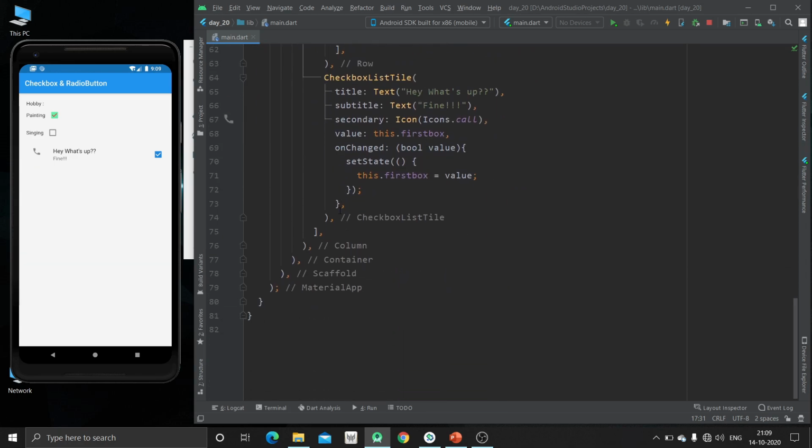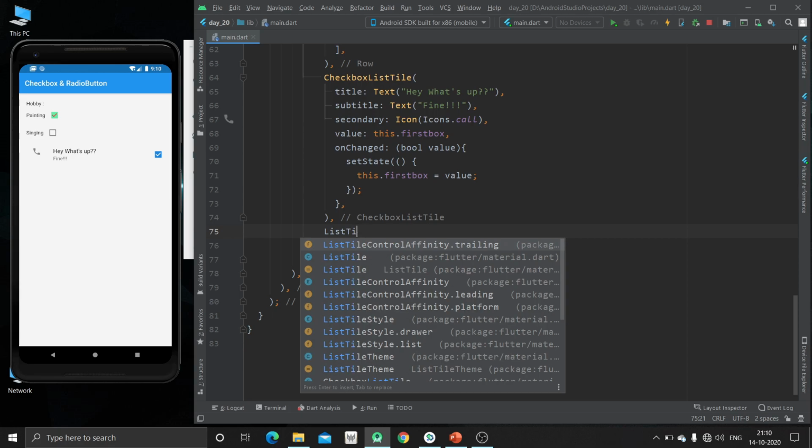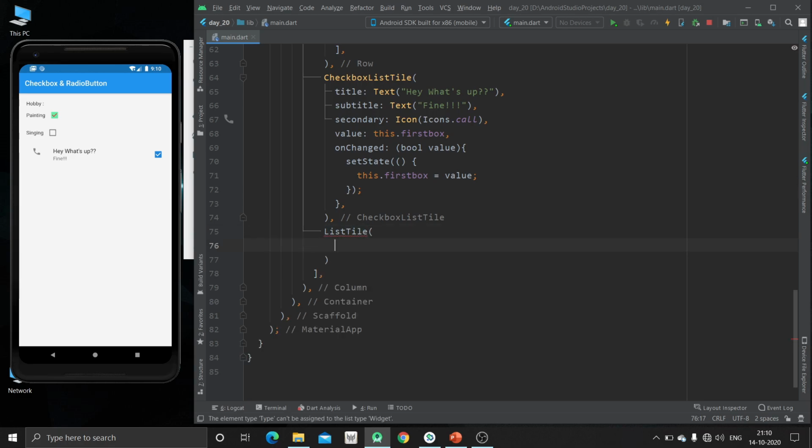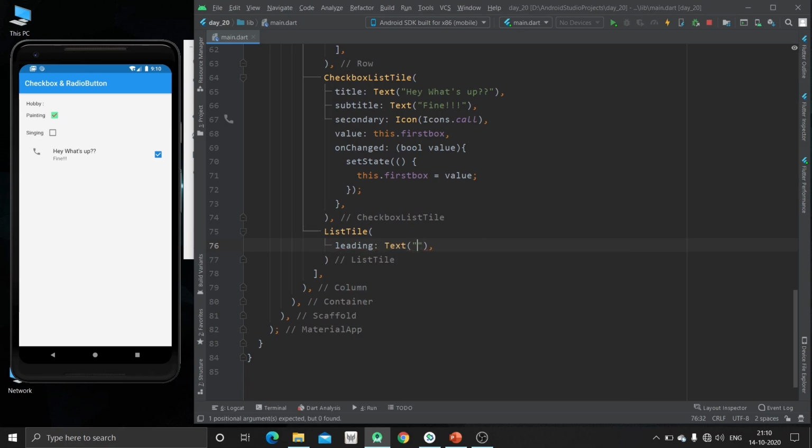So we are going to create one list style, and inside this we will give some leading text that will be male for first.